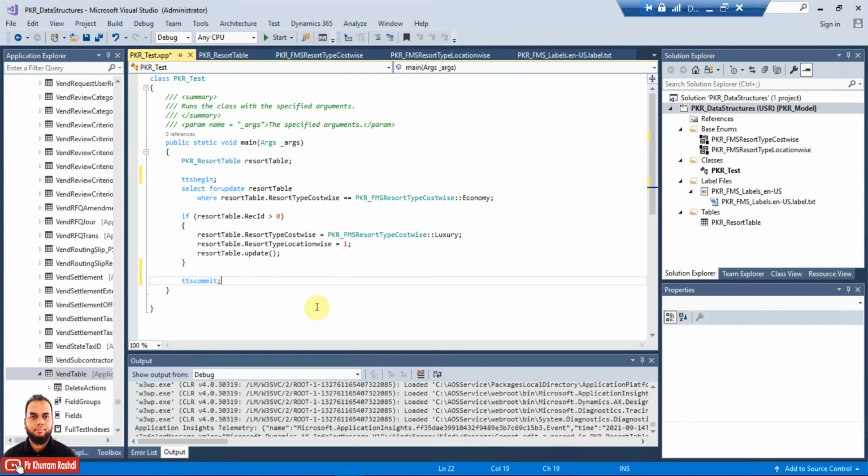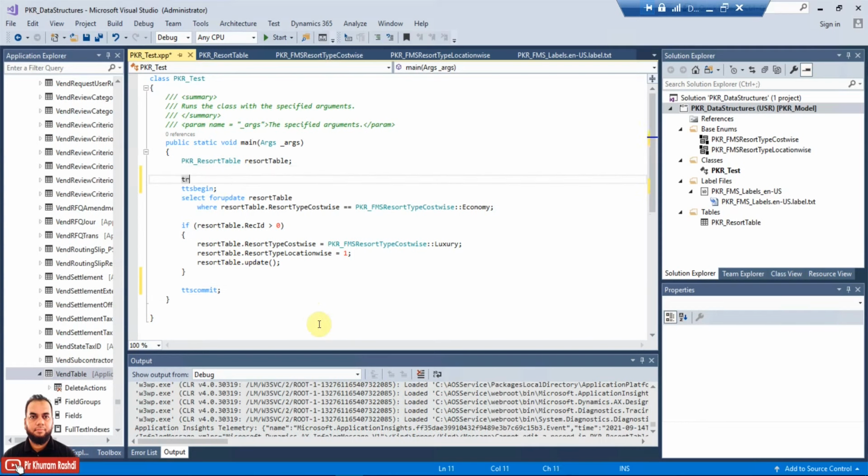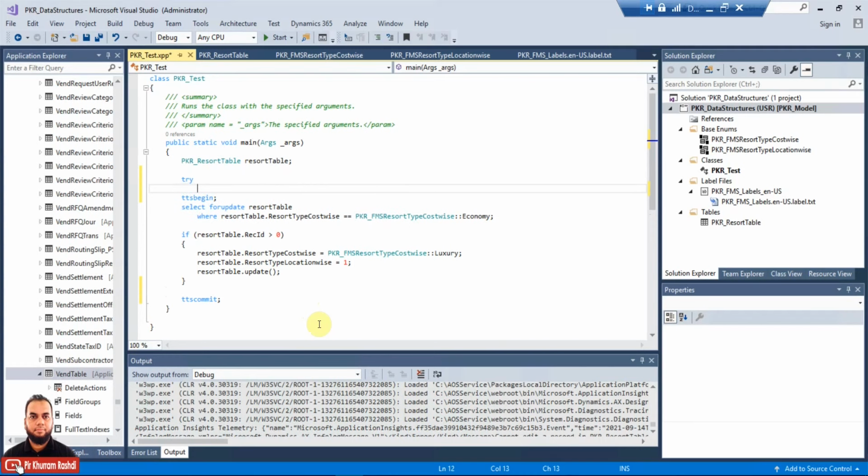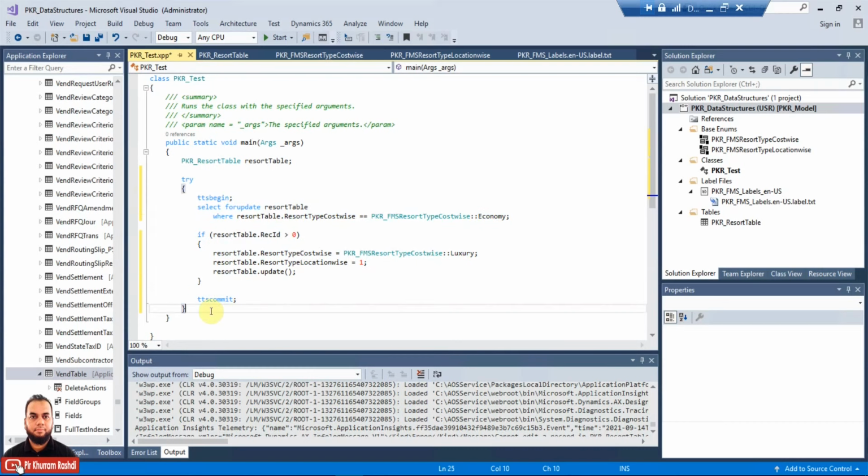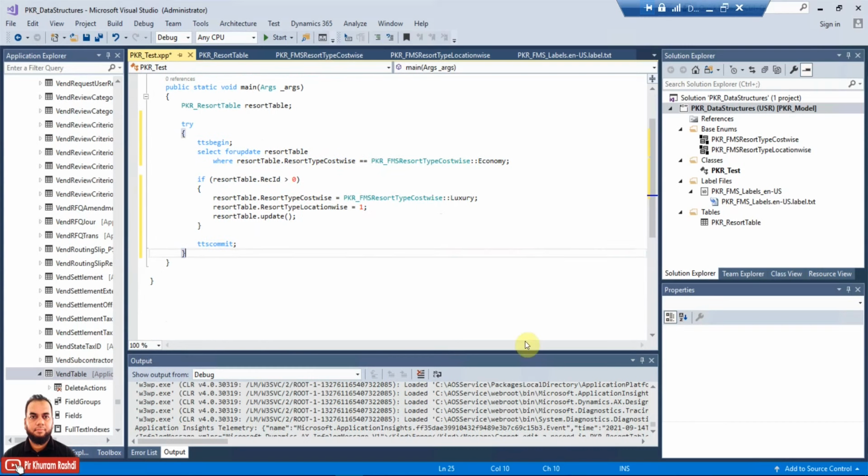Always use this one. And then we can also use one more structure which is called try catch structure. Try catch structure is like whenever there is a possibility of error, that error should be handled well using the try catch statement. So try is simply a keyword of try and then put a catch.